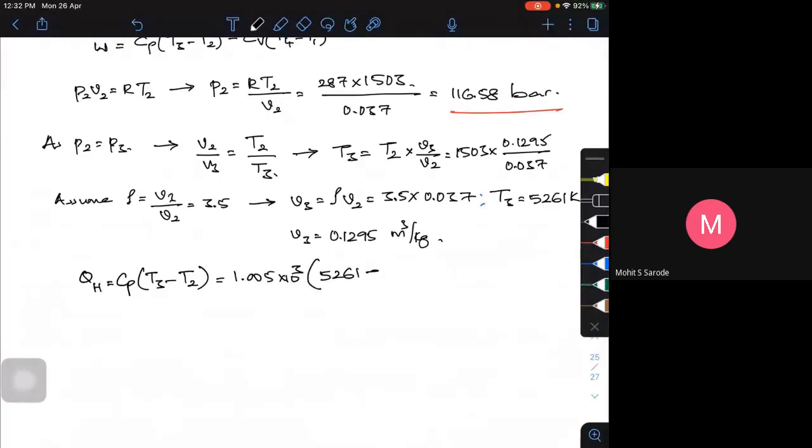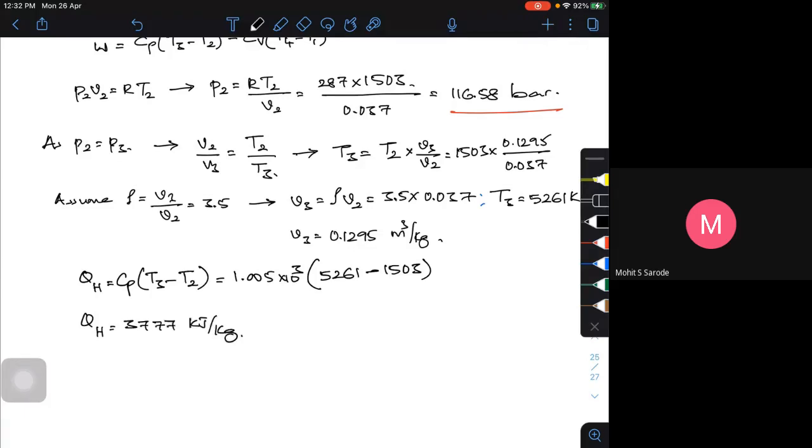So QH is 5261 minus 1503 into 1.005 into 10 to the power of 3, that is 3777